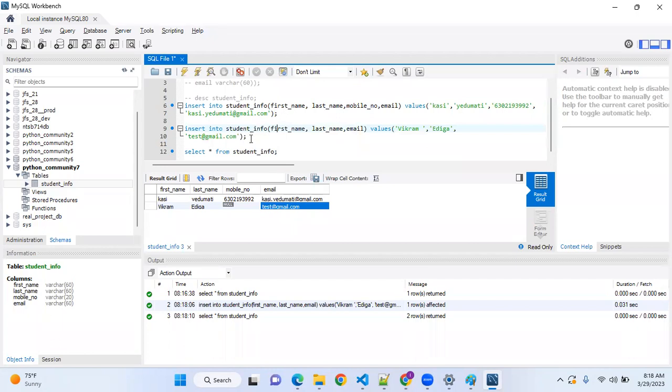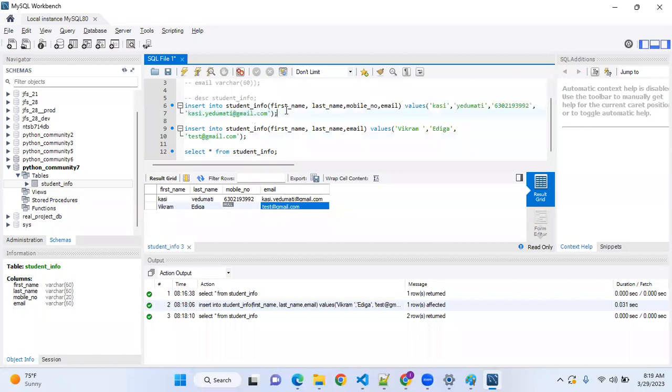So there are two cases here we have written, guys. In this case, the syntax is same. This syntax and this syntax are the same. I'm not talking about these two syntaxes. I'm going to tell you one more syntax. There is a small difference here. Here I don't know one column value, so I simply remove that column and insert the remaining values. Here I know everything of the table.